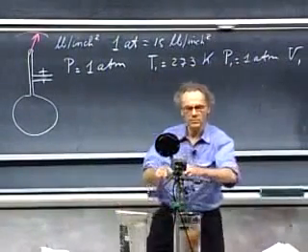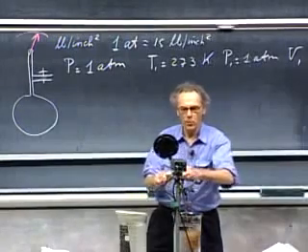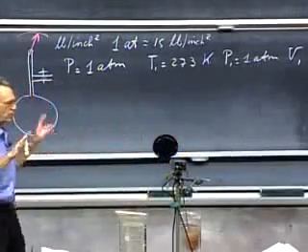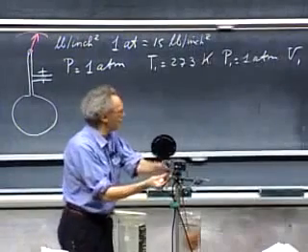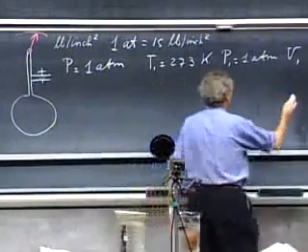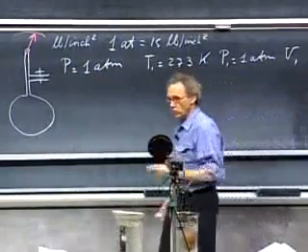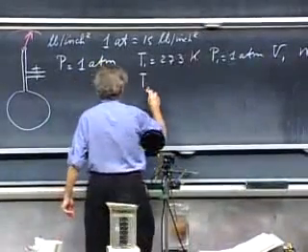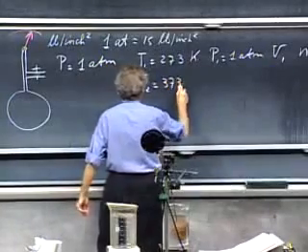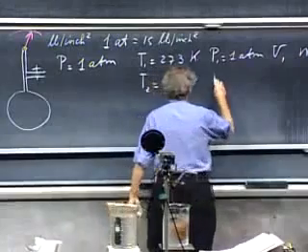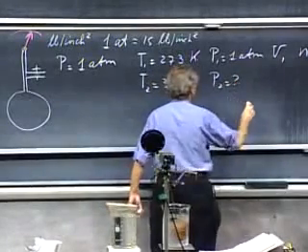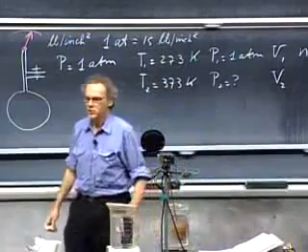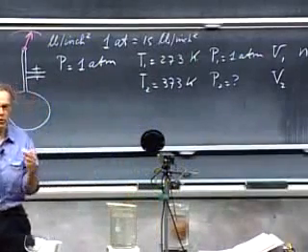I close this valve, thereby the number of moles of air in there is fixed. That's not going to change. So we have 1 atmosphere inside now, and whatever n is of no importance, but it's not going to change. Now I'm going to put it in boiling water, and so I know now that T2 will become 373 degrees Kelvin. I want to know now what P2 is, and the volume is hardly going to change at all. It changes because of the expansion coefficient of copper.